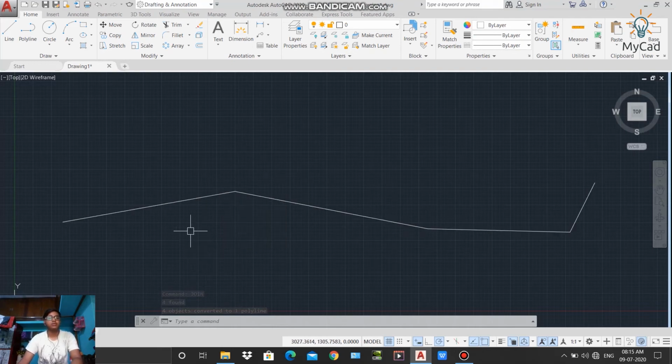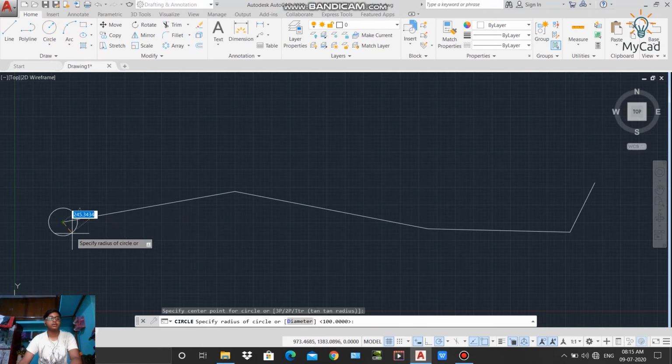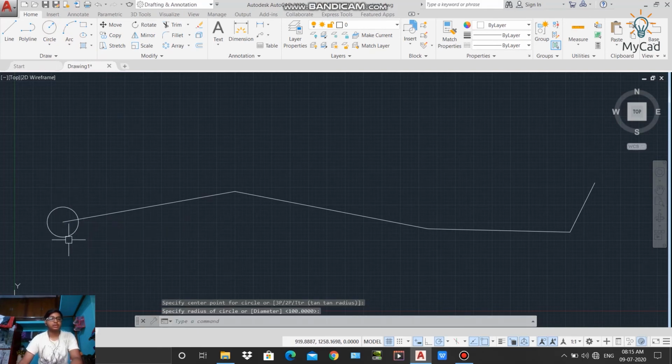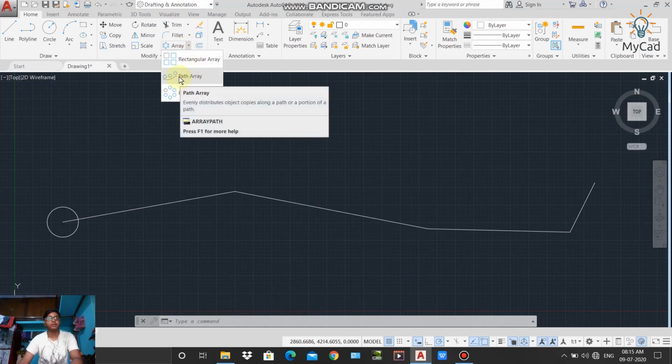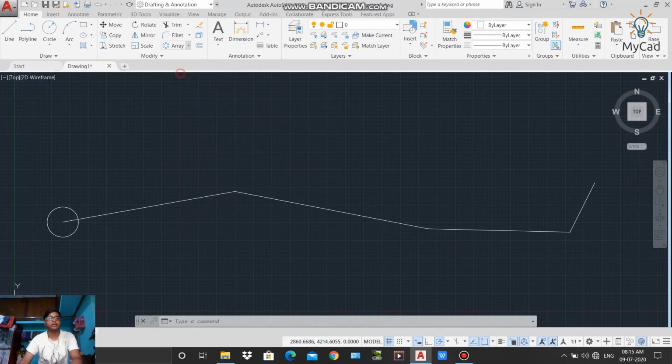And now I'll draw one circle as our object here, and one circle is created. Now we'll select the path array command. You can select the path array command from here. I'll just left click here and then select this object, press enter, and now it will ask to specify the path or the curve.